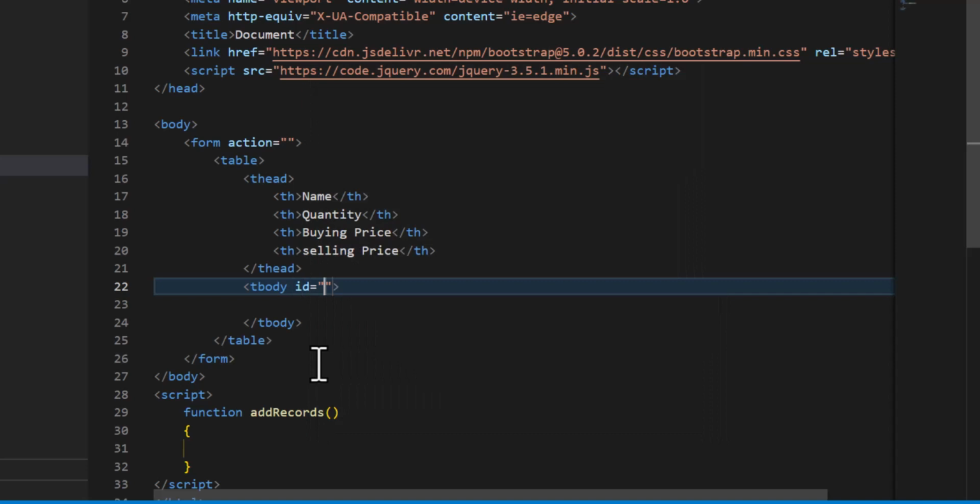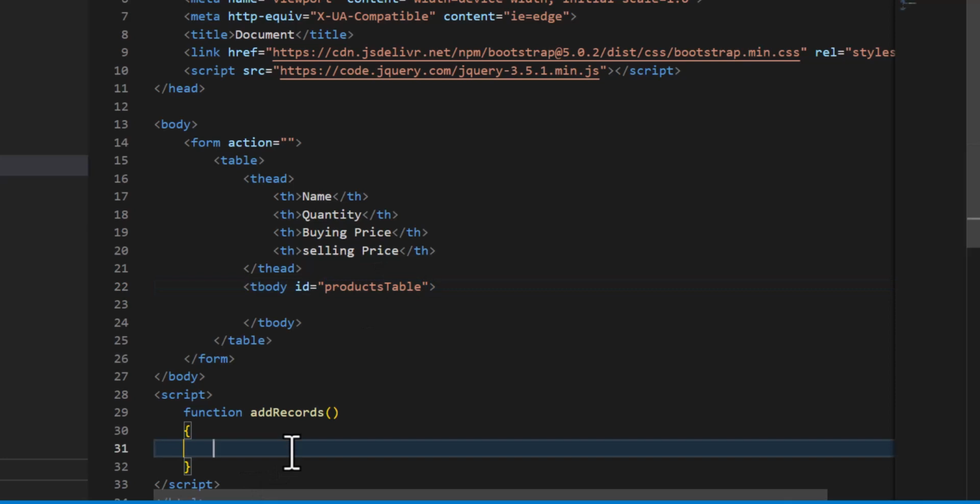So I will type productsTable as an id for this table body. Now let's copy this, and inside our addRecords, in here I will type $('#productsTable').append,